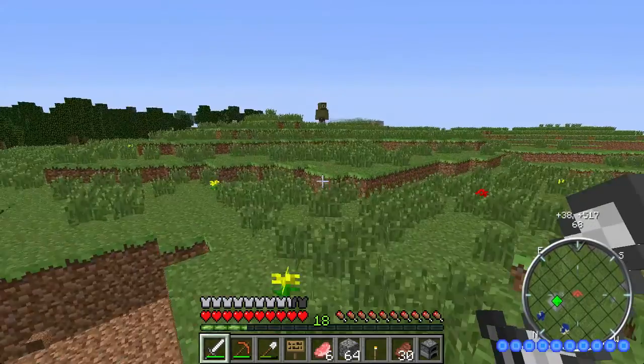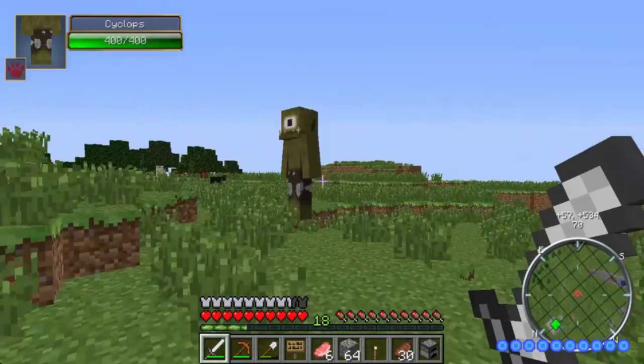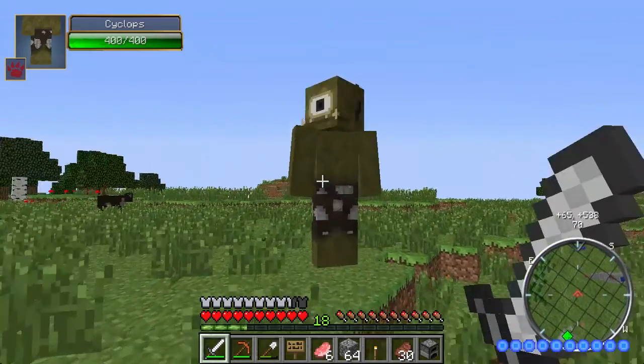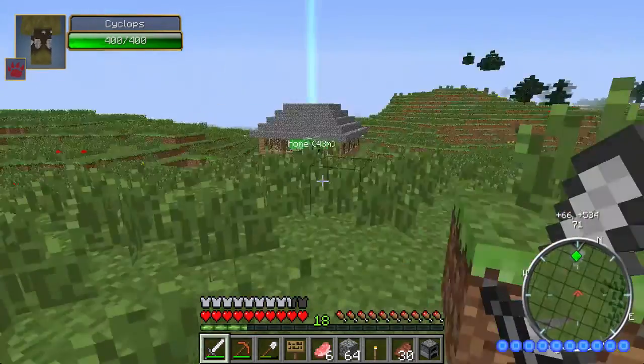This one is neutral in that it won't attack unless you attack it. It's a Cyclops with 400 health, and it will mess me up, so I'm not going to attack it for the time being. Once I get better armor and stuff, I can maybe kill it, although it doesn't drop anything good, so it's not worth it. But anyway,